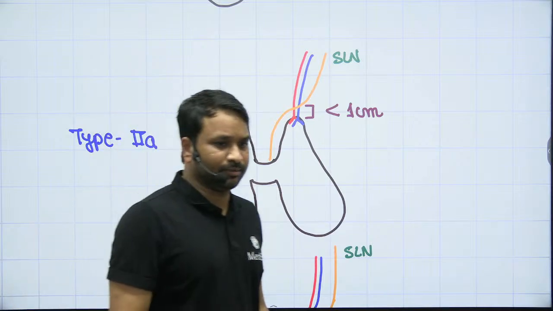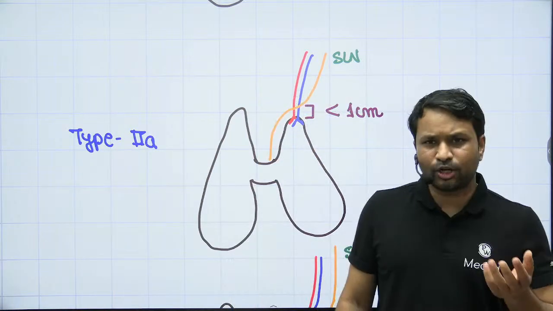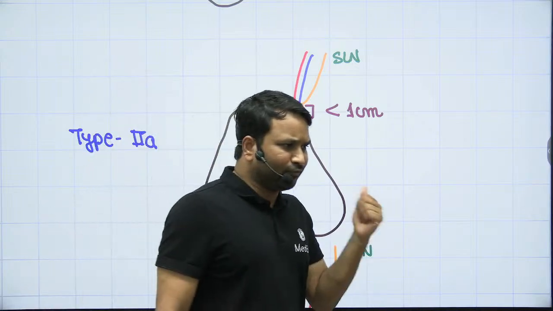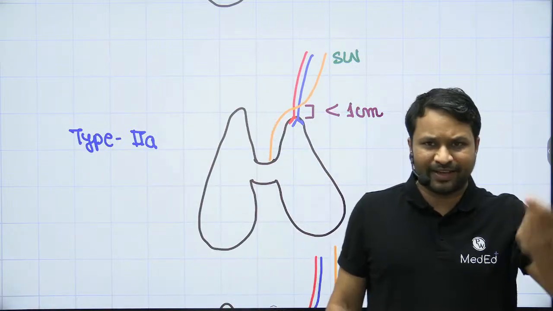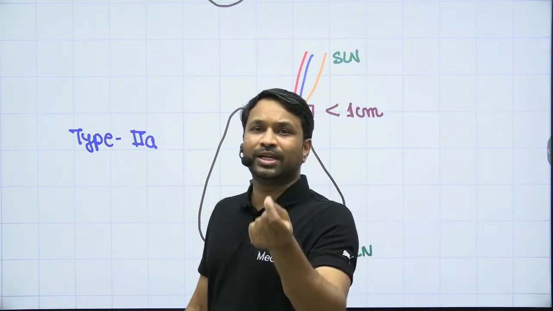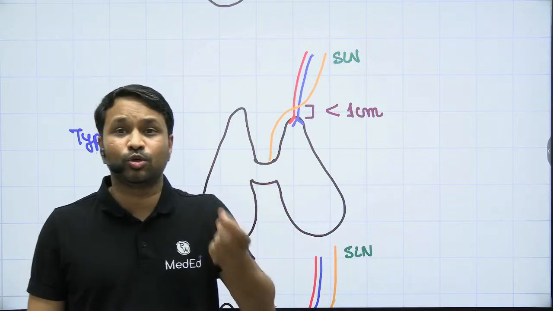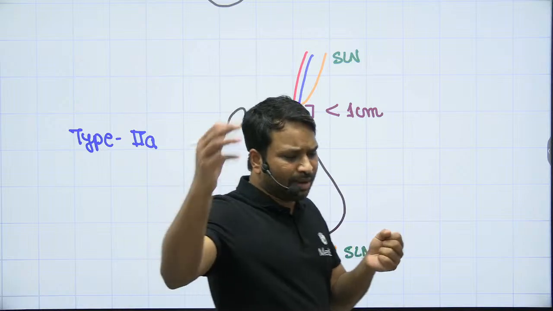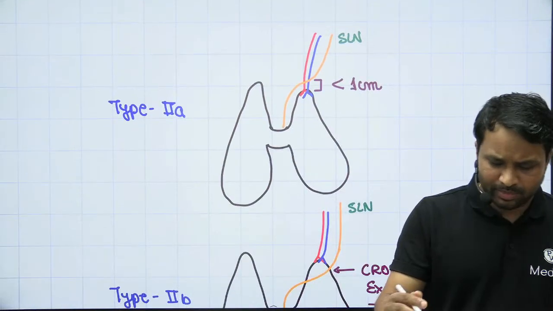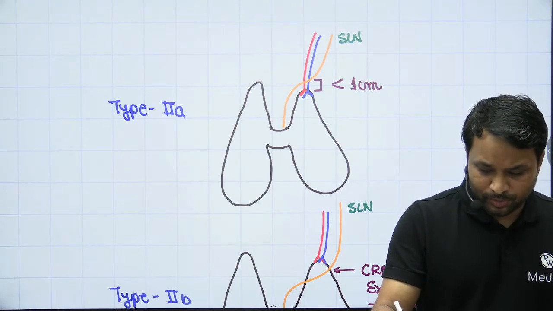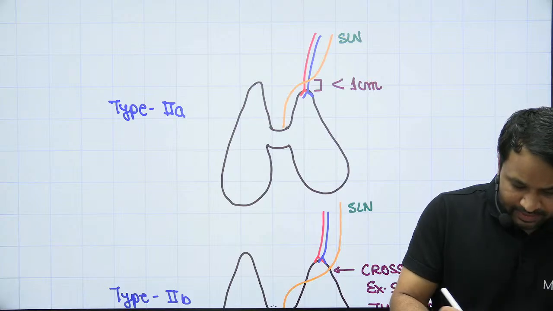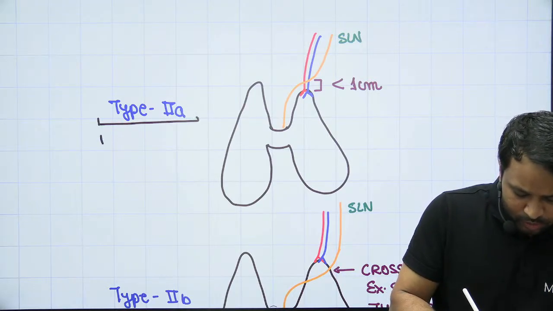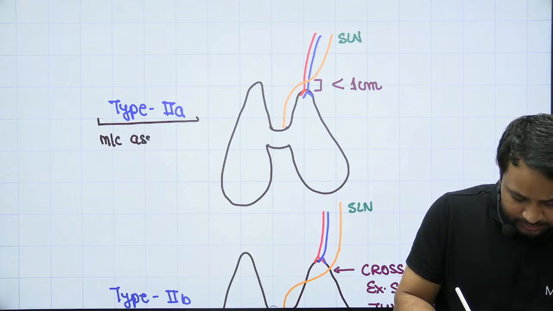A quick feedback. So Sonia and colleagues gave us 3 varieties, type 1, type 2, type 2A, 2B, right? And I've taught you that whenever you're ligating the vessel, it should always be closer to the gland. Now, as you ligate closer to the gland, which variety is most likely to be hampered? Absolutely correct, guys. Now you're building the concepts with me and I'm super happy about it. That is why we say that type 2A variety is the one which is most commonly associated